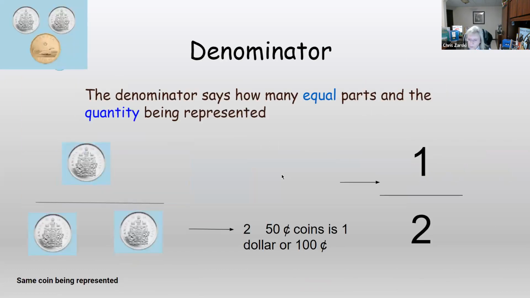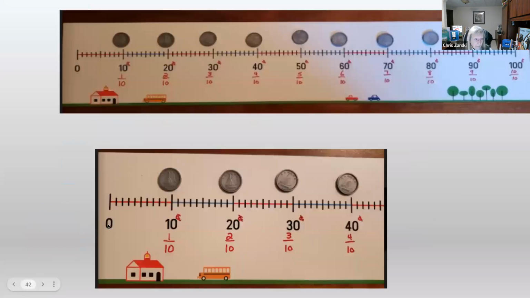And really, when I'm doing anything with money, I'm not going to put a loonie on the bottom and have something at the top that looks different. Keep them the same. So if I want to do half of a loonie, I can do 2 50-cent pieces on the bottom. If I wanted to do it with quarters, then I could have 1 quarter on top, 4 on the bottom, so that they visually see the dollar amount that makes the 100 cents, but also it helps me to understand what is the quantity that I need on the bottom.